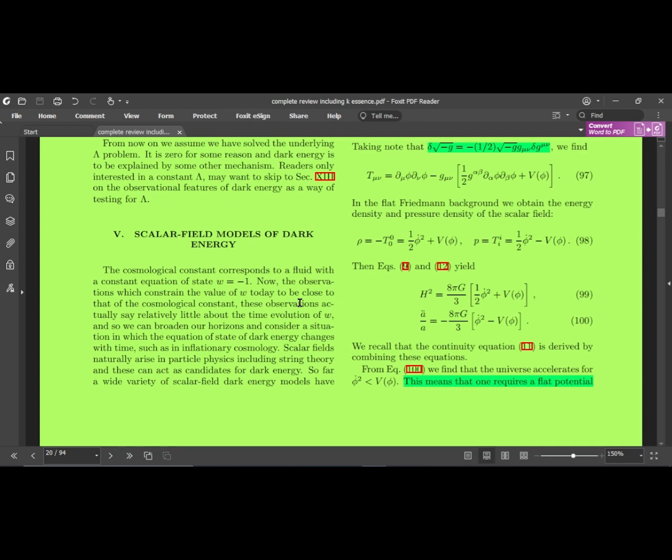Because of this, theorists think that this kind of acceleration may be due to some kind of fluid which has exotic properties. But if you are taking some kind of exotic fluid, its equation of state has to have some kind of dynamical feature so that it may explain the inflation, the radiation or matter eras, or the late time cosmic acceleration.